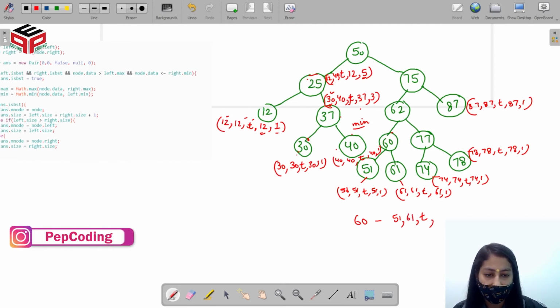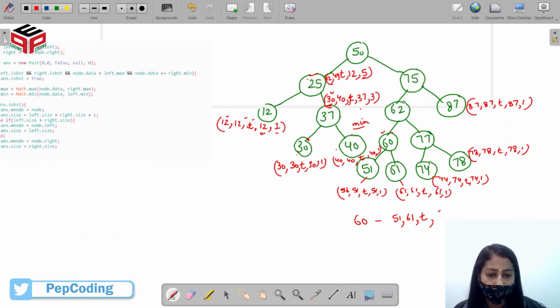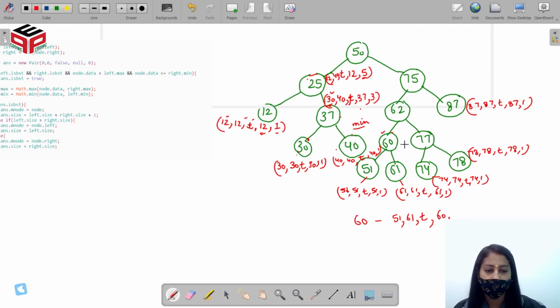Now the 60 is a BST, so 60 will be the largest because it is larger than all its subtrees. So 60 is largest. Now the size of this will be 3, right? The size of left plus the size of right plus 1, right? So 60 will return this pair. Now 77 will check if I am a BST or not. So we can see that 77 is a BST, so it will return true.